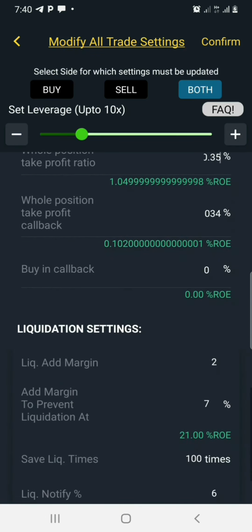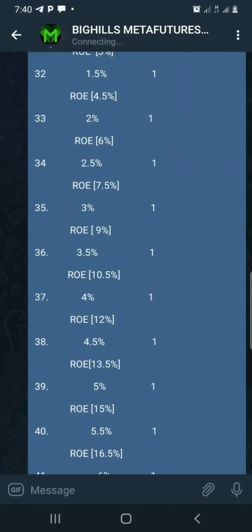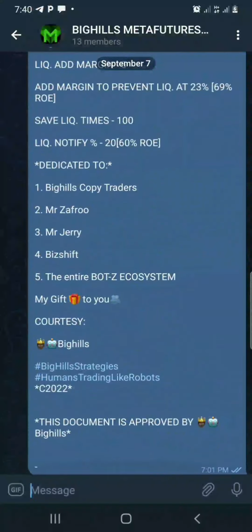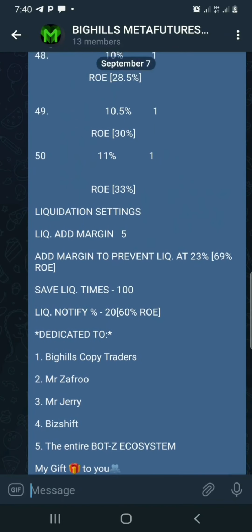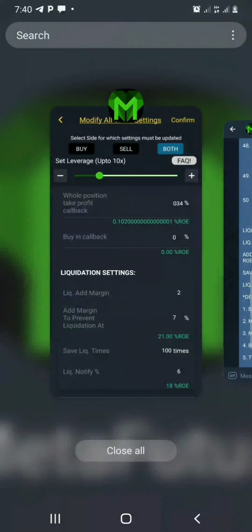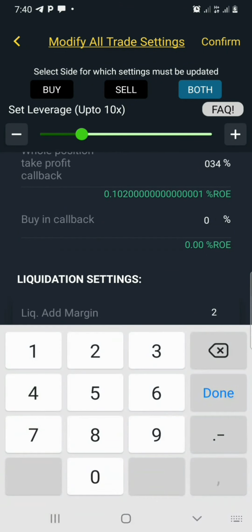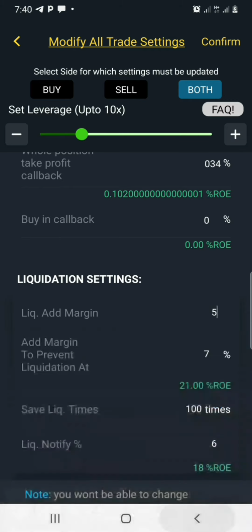Okay, then buy and come back 0. Then let's look at the liquidation settings for this strategy. Save liquidation times 100 times. Set it here. Save liquidation. We're gonna put 5 here. So the liquidation